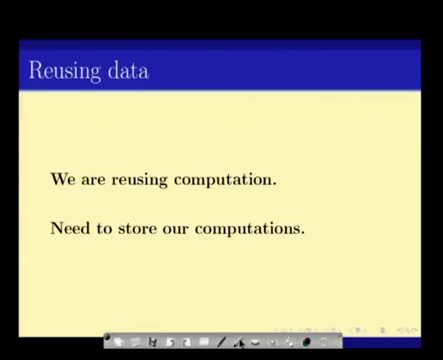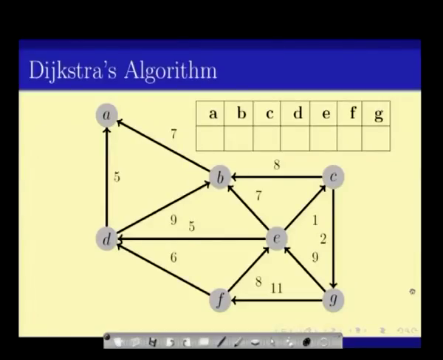One thing to note is that we are reusing computations, and just like I was writing down these things on the top, I need to write it down somewhere. Now, where to write it down? Usually we write it down in a table. We have a graph, we have a table, on top of that we have this set of vertices, and we start with say this G, and of course we start with everything being infinity here,